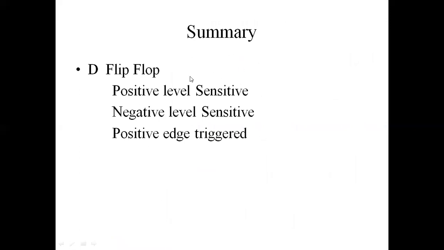Let us conclude the things. We have seen the different types of the D flip-flop: positive level sensitive, negative level sensitive. In positive level sensitive, we have seen during the positive level of the clock cycle, the Q is equal to D, and in the rest of the things, the Q is holding its previous value. For the negative level sensitive, the D flip-flop is sensitive to only the negative level of the clock signal. Means in the negative level of the clock, it acts as a buffer. In the rest of the thing, Q is holding its previous value.